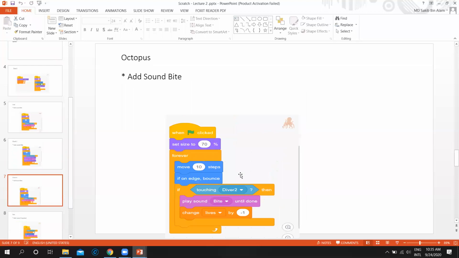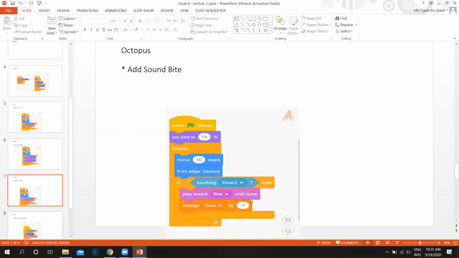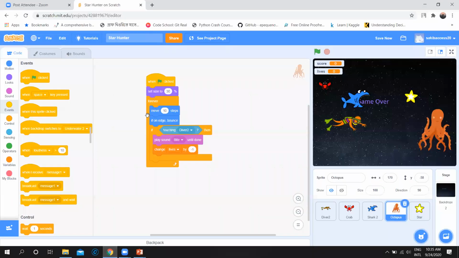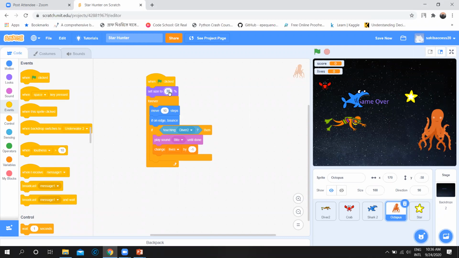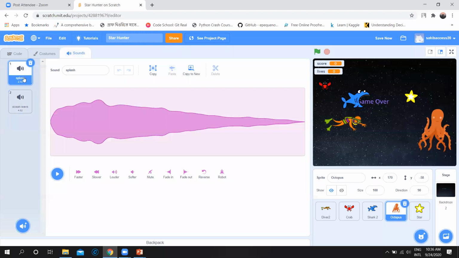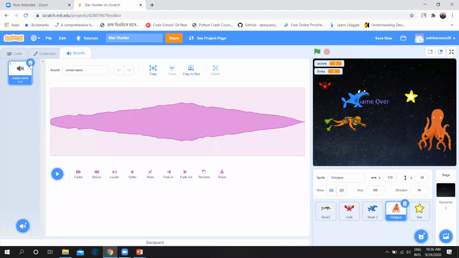So for the octopus, nothing is special. We will do the same thing. Set size to 70, 30% or 70. Made it 70. Looks good. Move 10 steps, almost the same thing. Does it have sound here? It doesn't have byte, so I will add byte here.